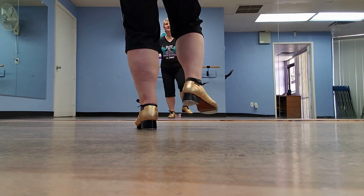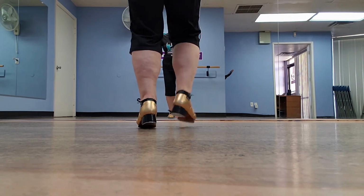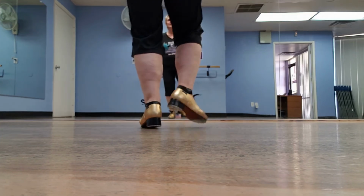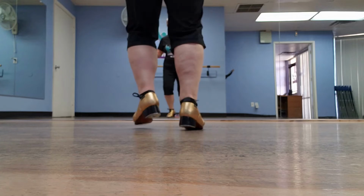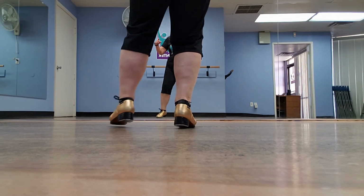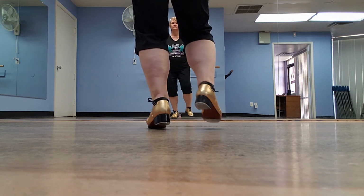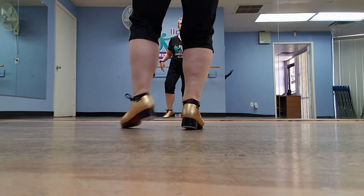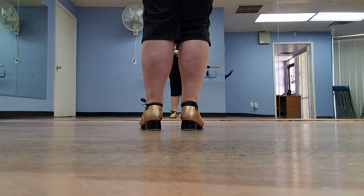So you've got shuffle, step, shuffle, ball change, shuffle, step, shuffle, ball change. And go 1 and 2 and 3, and go 1 and 2 and 3. Okay, so that is your triple waltz clog. Shuffle step,